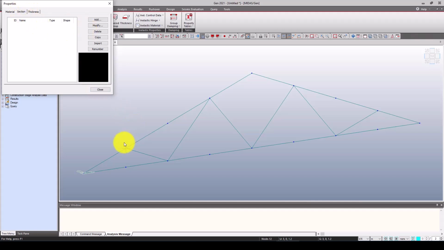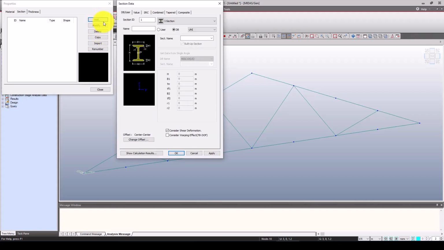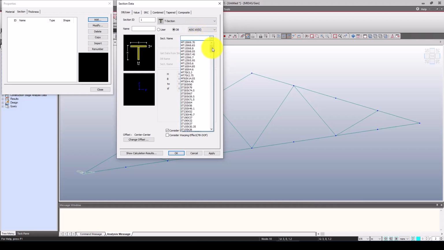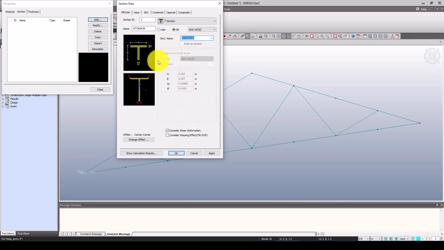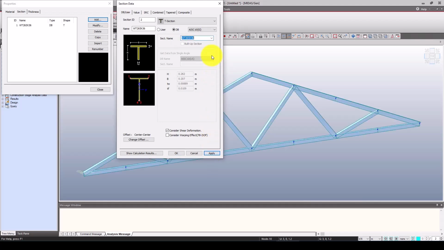So we have two kinds of section. Add. We go here in the T section using ACI 10. Now you can select. This is WT. You can select this, 265. This one is for the bottom and top chord. It's automatically taken, and